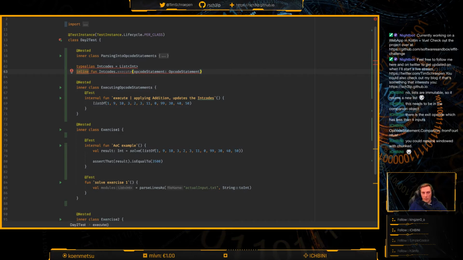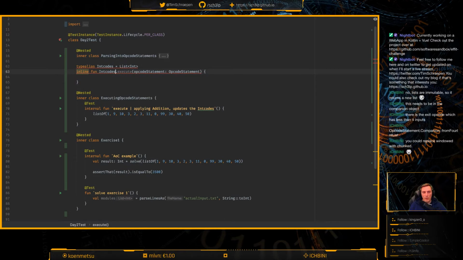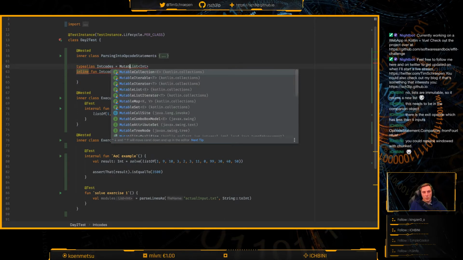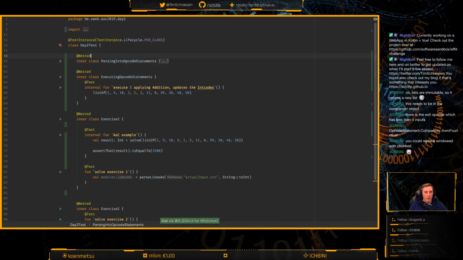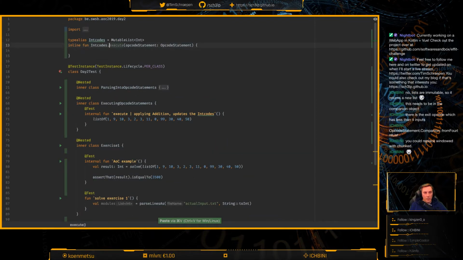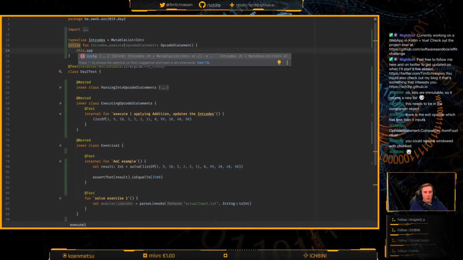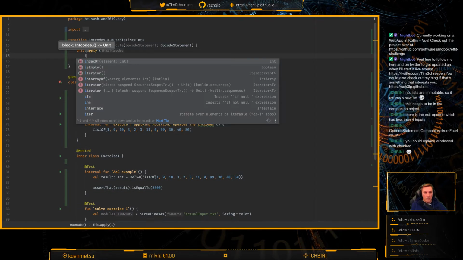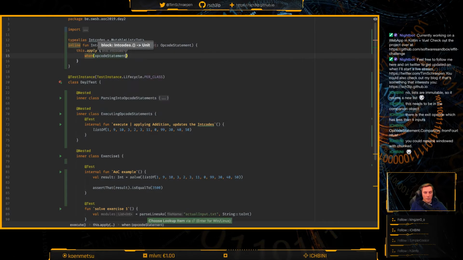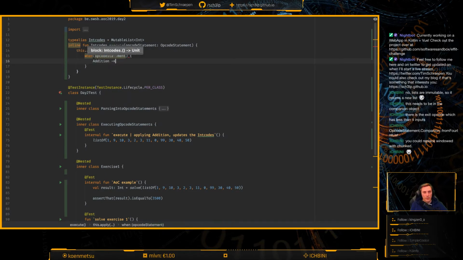Yeah. And then what I think I need to do, I'm not sure if we can do that, but then it should be a mutable list probably. And then I probably will be able to do this. God damn it. So let's just do it outside of this class then. God damn it. And then execute. And I think either you can do it as an apply, because then you will get the int codes as a list. And then you can just say like when opcode statement is addition, then